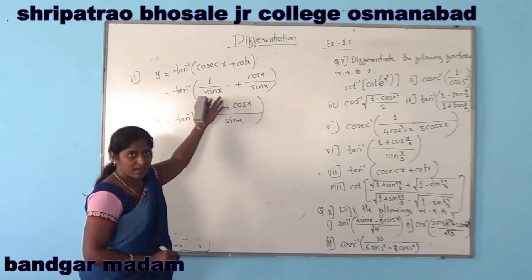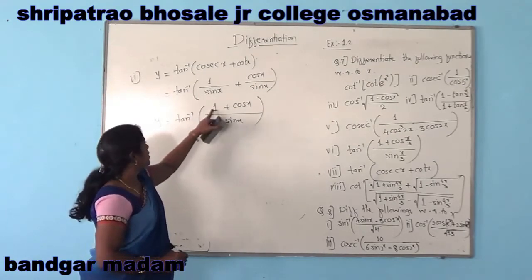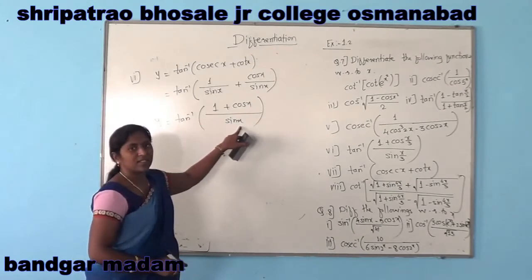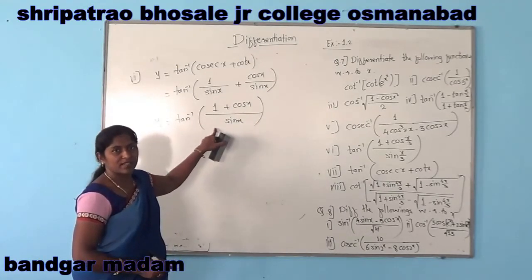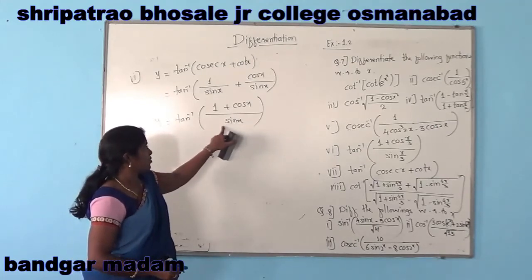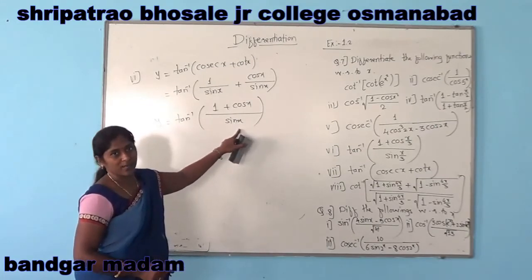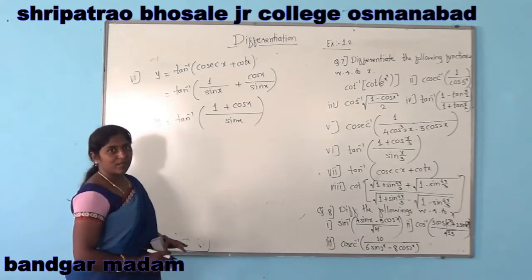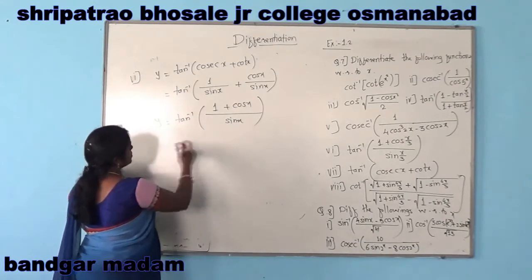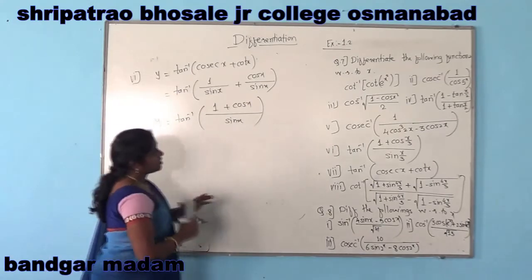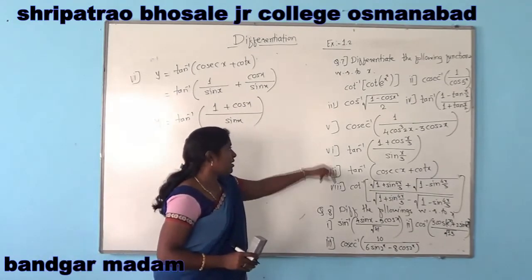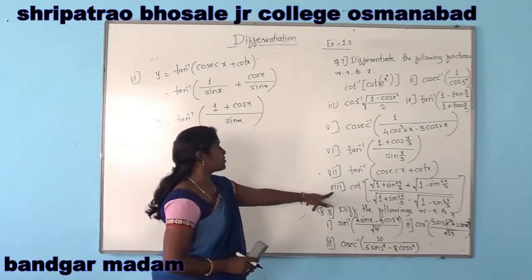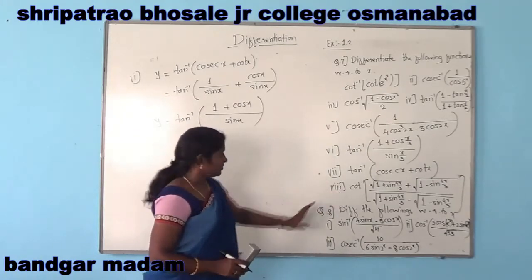We can use here 1 plus cos theta, as we used in the earlier example. 1 plus cos theta is 2 cos square theta by 2, and sin theta form here is 2 sin theta by 2 into cos theta by 2. Using sin 2 theta only you can solve the example, which is the simplified form. Okay, so solve question number 7. You can solve as previous. Both are the same. Now we are going to solve the 8th example.